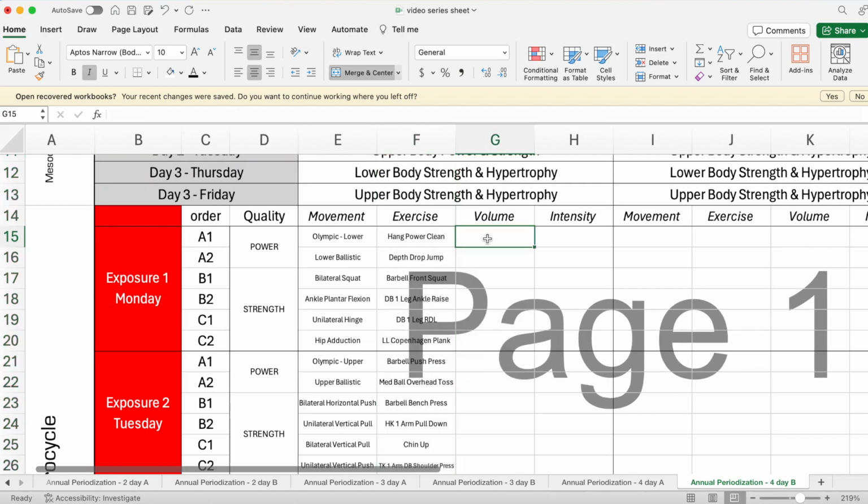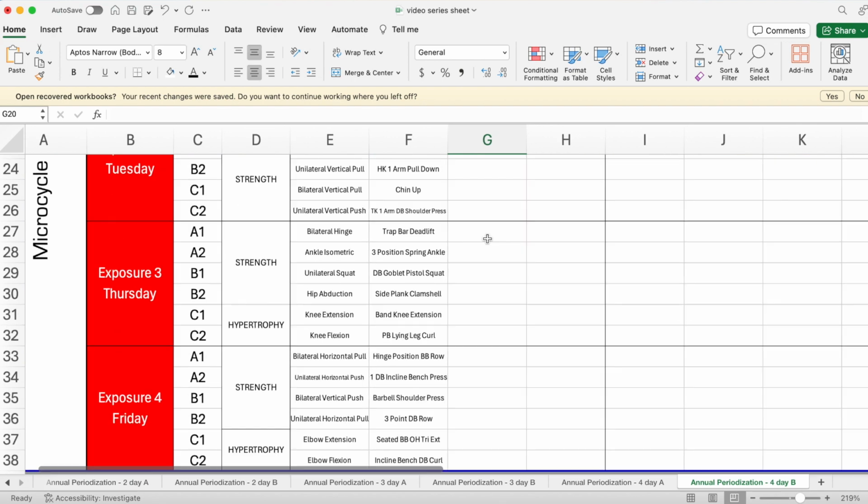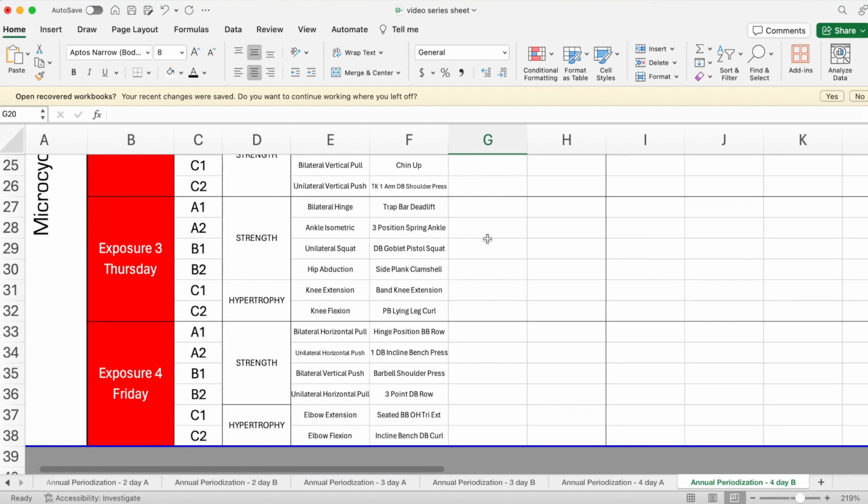So on day 1, the Olympic lift for the lower body is going to be a hang power clean. The lower ballistic movement is going to be a depth drop. The bilateral squat is going to be a barbell front squat. The ankle plantar flexion is going to be a dumbbell one leg ankle raise. The unilateral hinge is going to be a dumbbell one leg RDL. And the hip adduction is going to be a long lever Copenhagen plank. And you can repeat this process for day 2, day 3, and day 4, choosing your exercises based on the